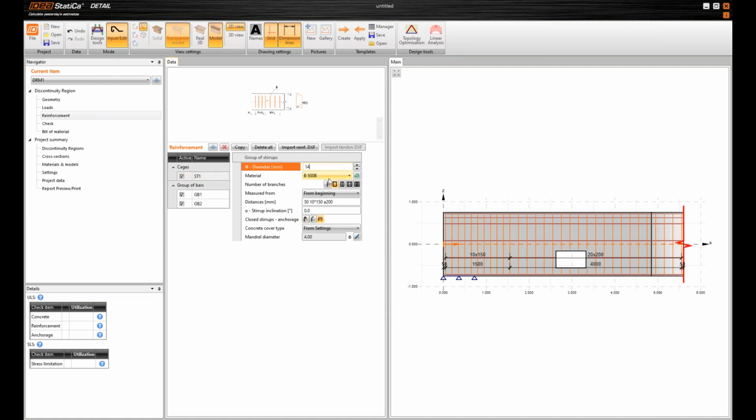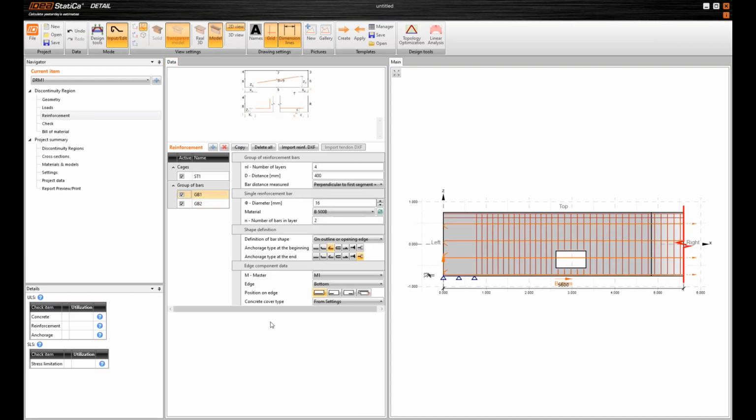So the diameter of stirrups is 14 millimeters. I will set the distance out of the column. So this is how you can modify the distances between the stirrups. You can see that they are out of the column, and yeah. So right now I will modify the